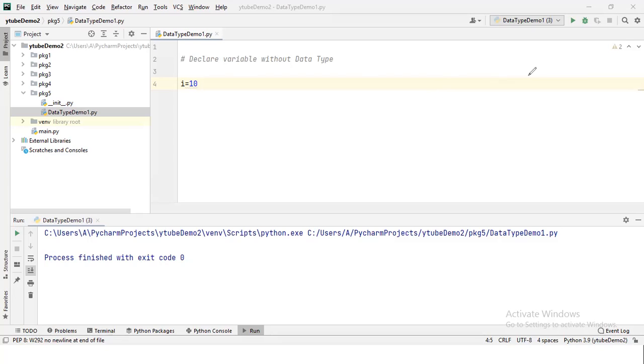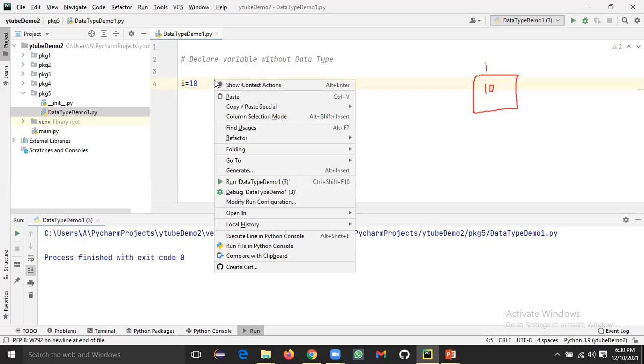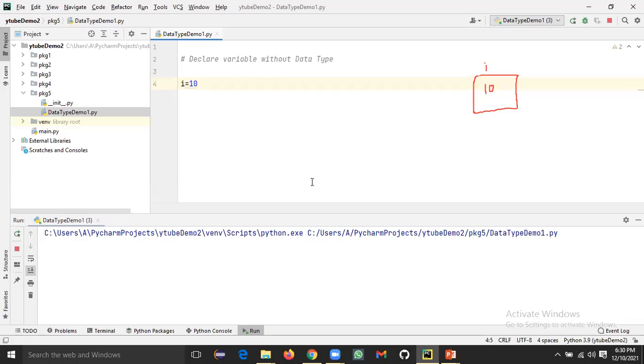So let us resume. There was some problem with settings to set this terminal here. So when you declare this variable, the name of the memory location is i and the value is 10. Okay, so as soon as you run this, let me run it. Nothing is getting printed here as output. Why? Because we are not asking to print the value from this memory location.